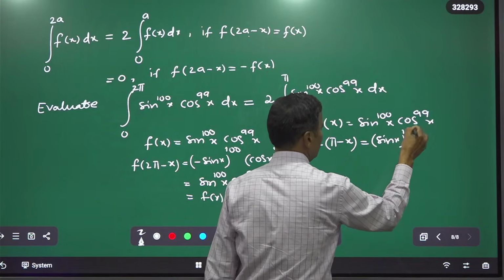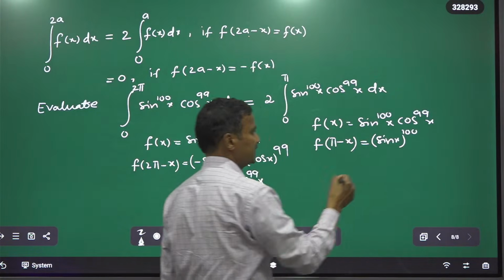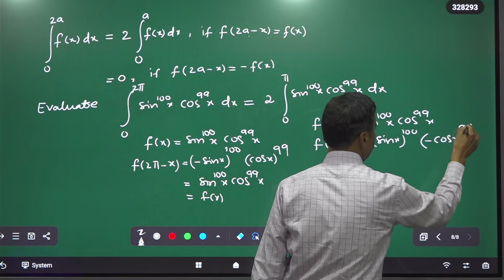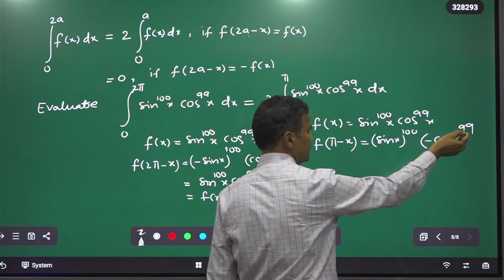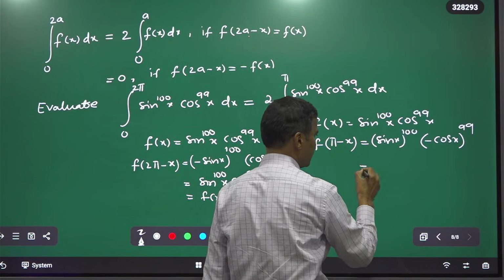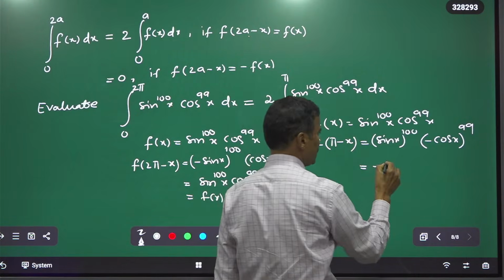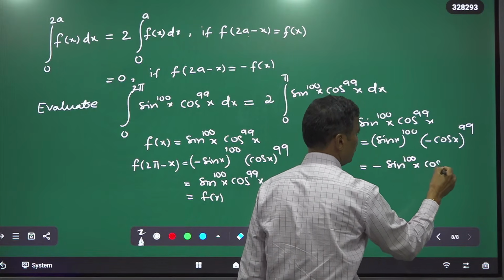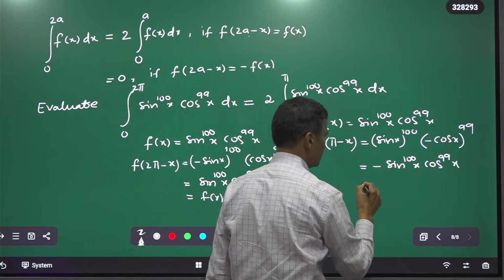Whereas cos of pi minus x is minus cos x, so we get minus cos x whole to the power of 99. Here an odd number is there, minus to the power odd number, so finally you will get minus sign. Minus of sin power 100x into cos power 99x,